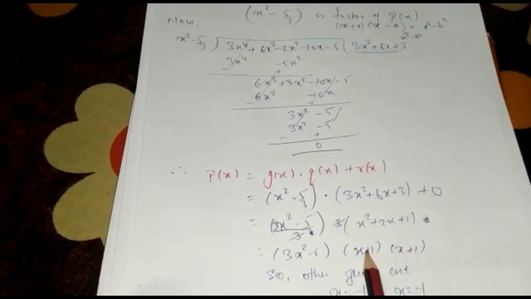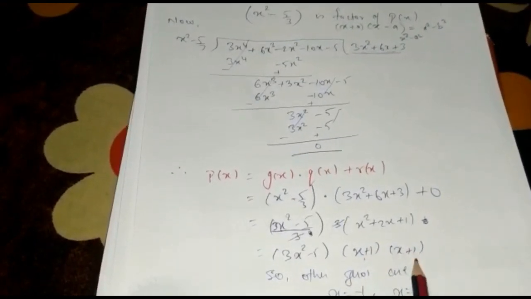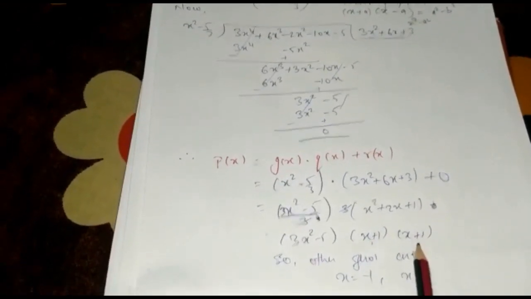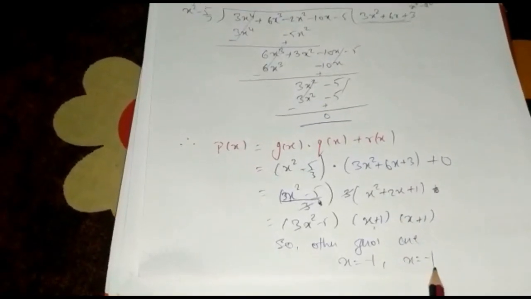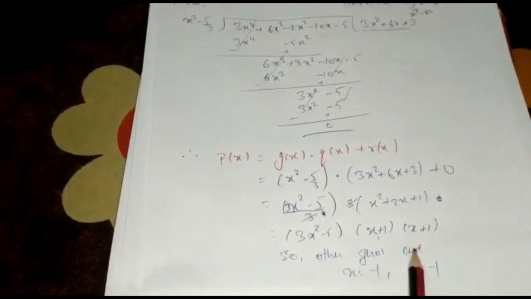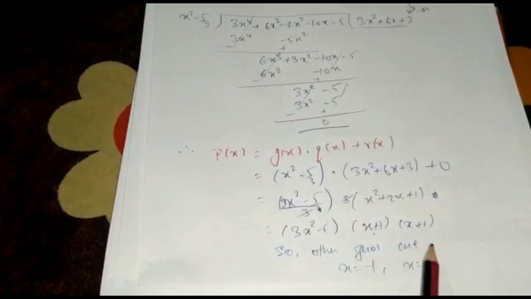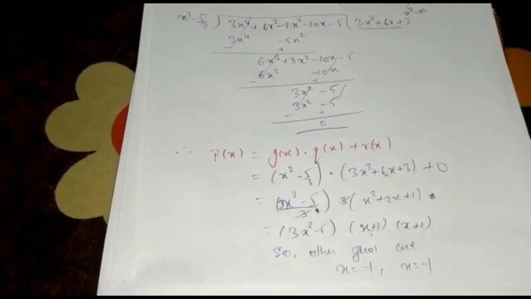So from this particular term, we can get this is equal to 0 and this is also equal to 0. When we put this equal to 0, it will give x equal to minus 1, and when we again put this equal to 0, this will again give x equal to minus 1. So other zeros of this polynomial are x equal to minus 1 and x equal to minus 1, and 2